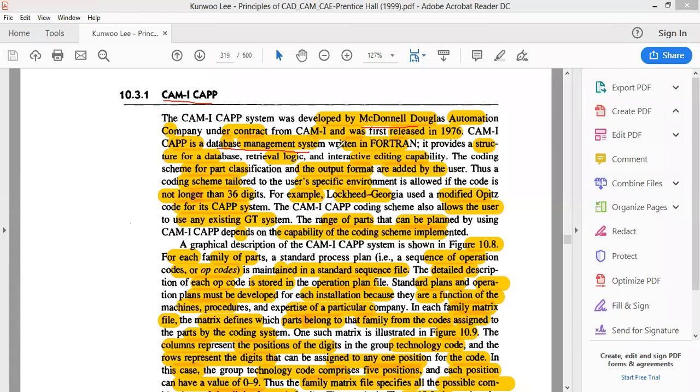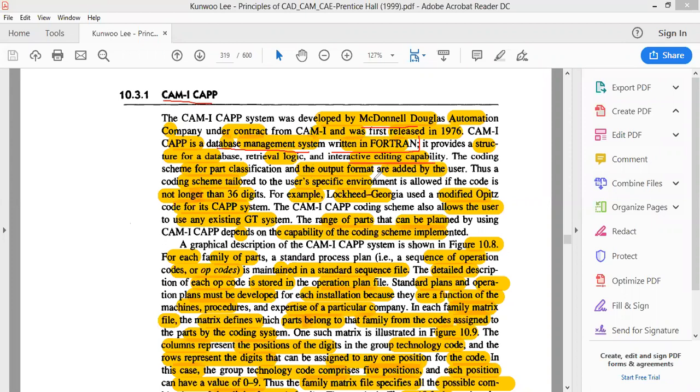The language predominantly used in those days was Fortran. In this, the structure of the database, retrieval logic, and interactive editing capability will all be there. So it has to store the files, retrieve the files, and we must be able to edit the files accordingly also, right?